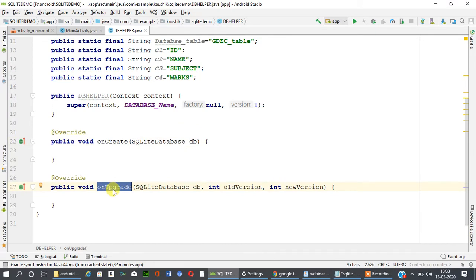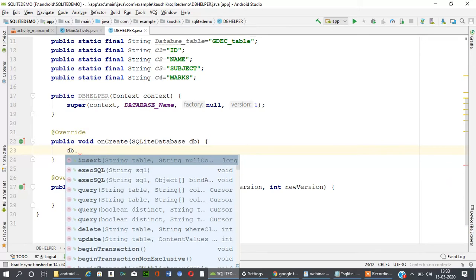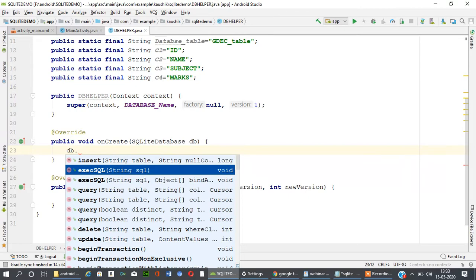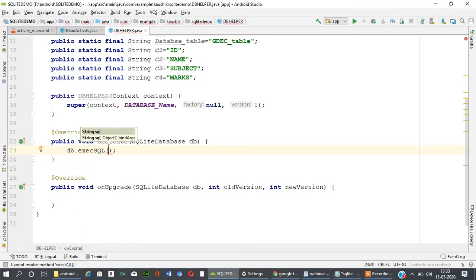In the onCreate method we have an argument SQLiteDatabase, and db is a variable of this SQLiteDatabase. Just write db dot, and in that there is a method execSQL.